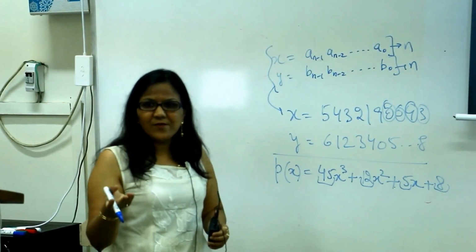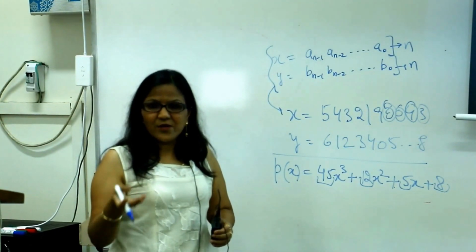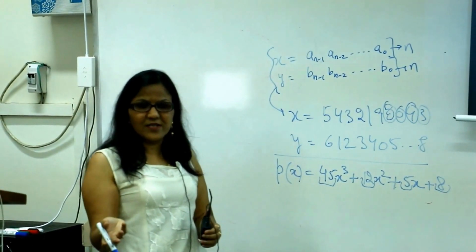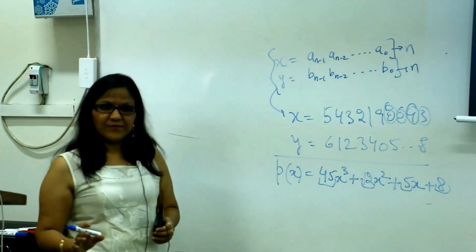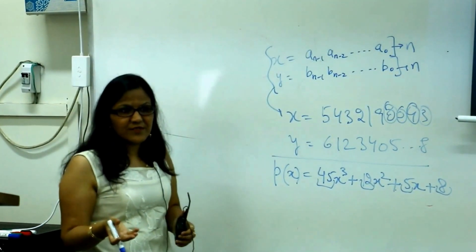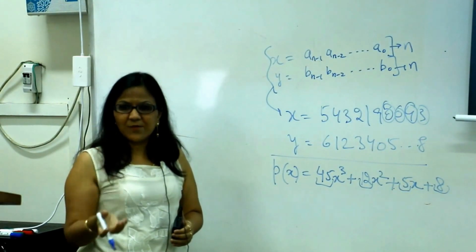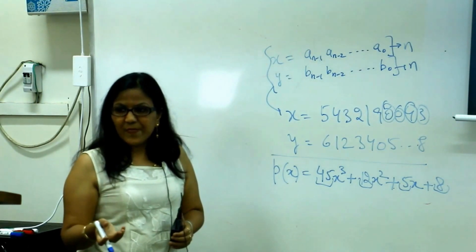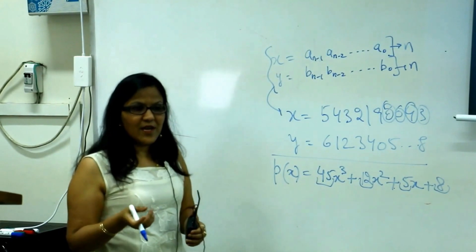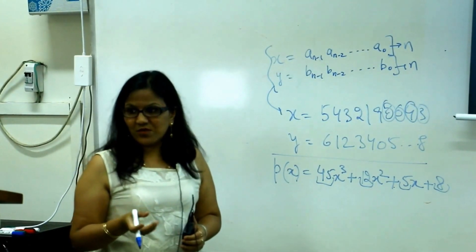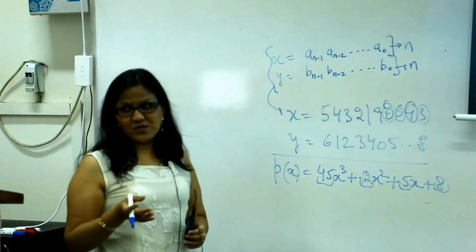If you write a program, int x, int y, multiply x into y, you assume that x and y can be stored in a single integer word, right? That assumption was always there, without mentioning that x and y are small integers. If they are small integers, they can be added in constant time, multiplied in constant time, etc. But if they are not small, we cannot assume that they can be multiplied in constant time. We cannot assume that they can be added in constant time.